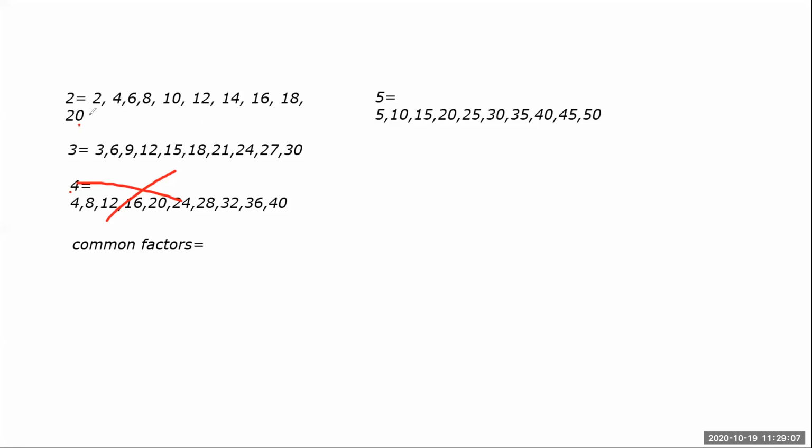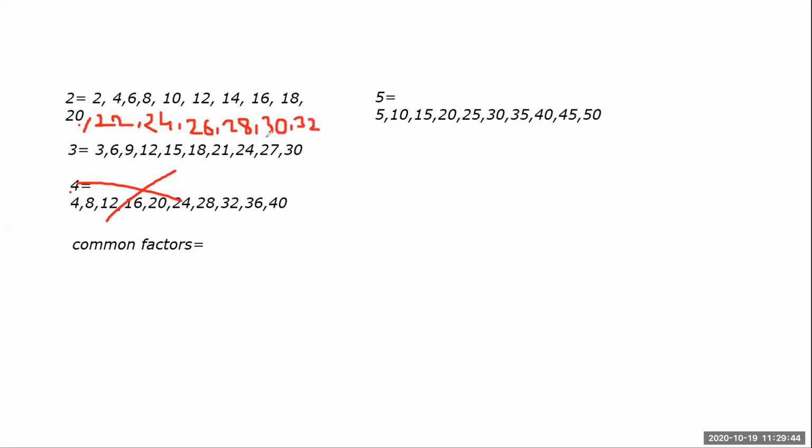Now after 20 we have no number which is in 2, 3 and 5, so we'll again further move for it. 2 tens are 20, then 2 11s are 22, then 2 12s are 24. Then here it will come 26. Okay, because we are not getting a common multiple, we will move the table further up to 30. 28, then 30. Okay, then 32. Until we find it, we will keep taking the table.